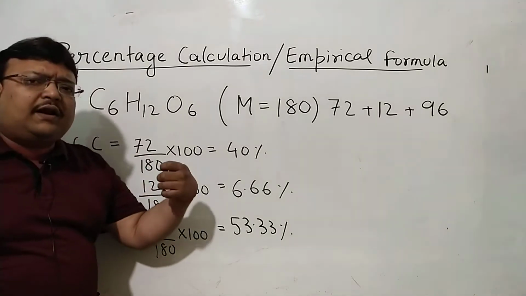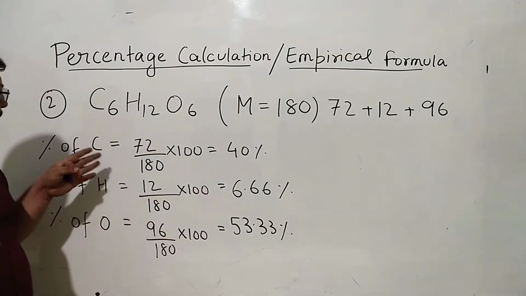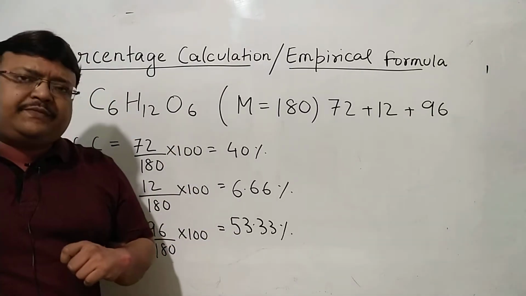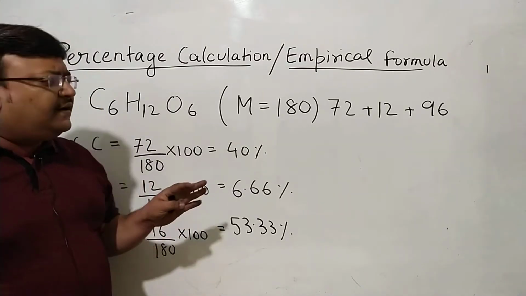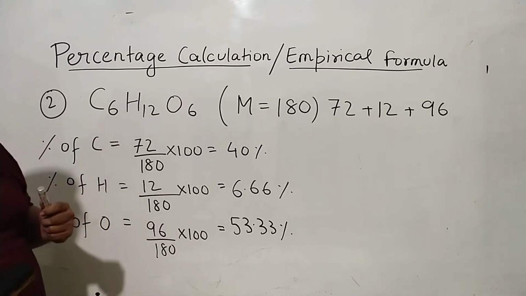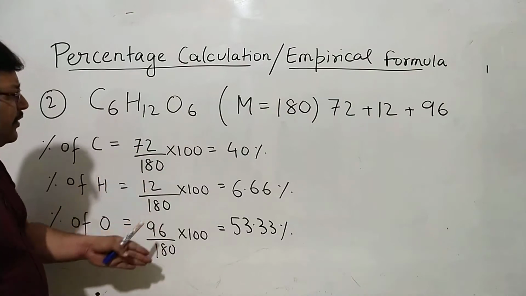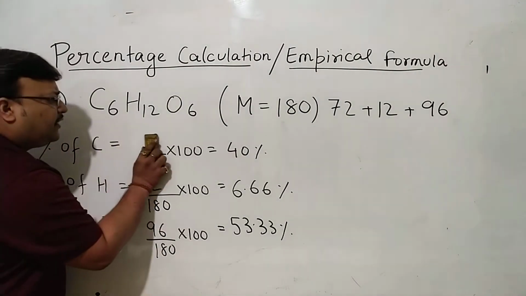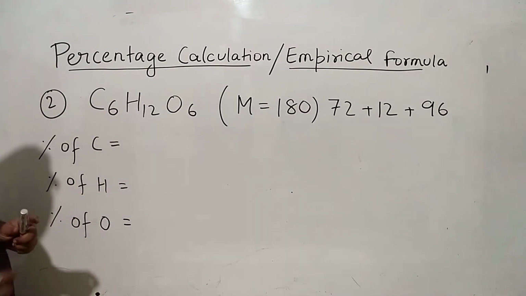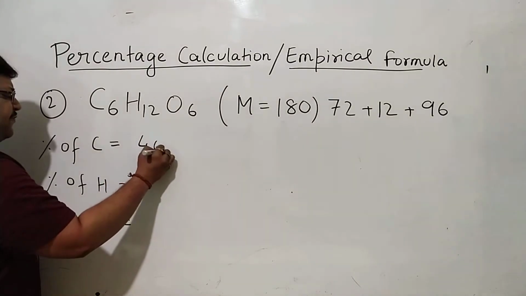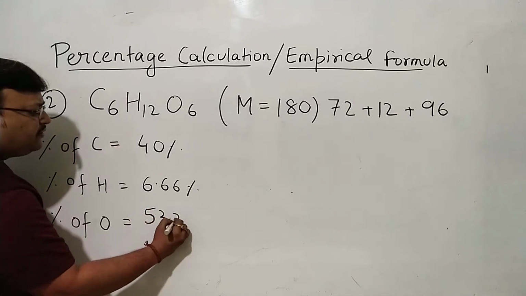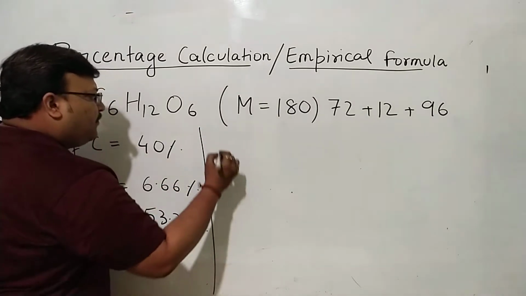So in another molecule, in another example where the molecular weight is 180, again we have calculated the percentage of the three constituent elements, carbon, hydrogen and oxygen. Now what I will pretend is, it's a problem given to me, it's a question given to me. And the question reads that in a given compound, you will certainly want to copy this at your convenience, the question would read that in a given compound, if the percentage of carbon is 40%, hydrogen is 6.66%, and oxygen is 53.33%, the question would be, find its empirical formula.